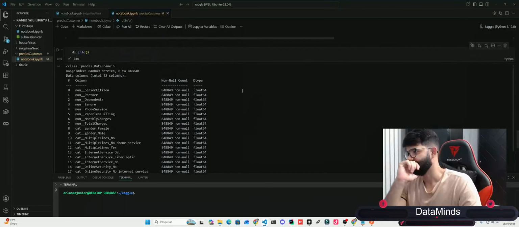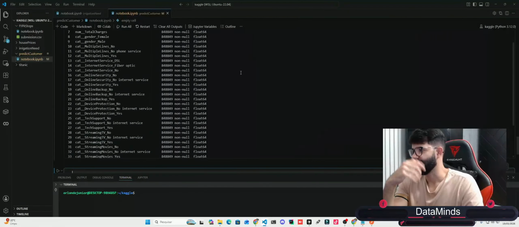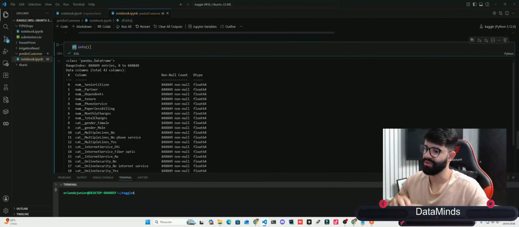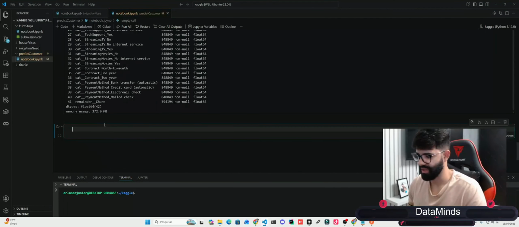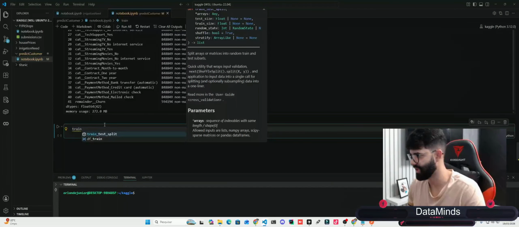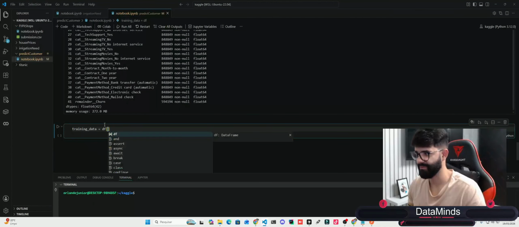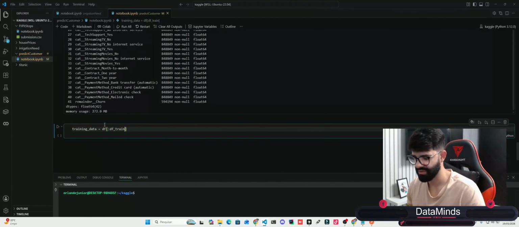And so once we have all of this ready for our model, we can separate our data set, because this data set that we are working on is the data set in which we combined the data frame train and data frame test. And how can we separate this? We can use this slicing function. So training data will be df, all the lines until df train dot shape, the number of lines,